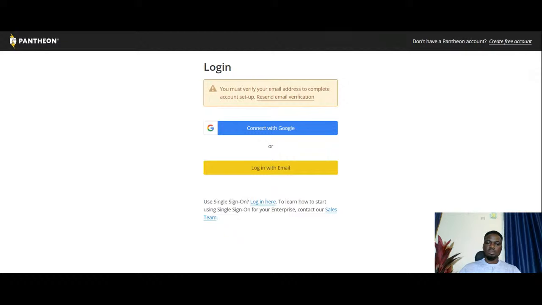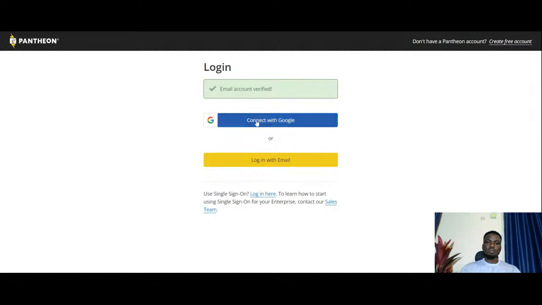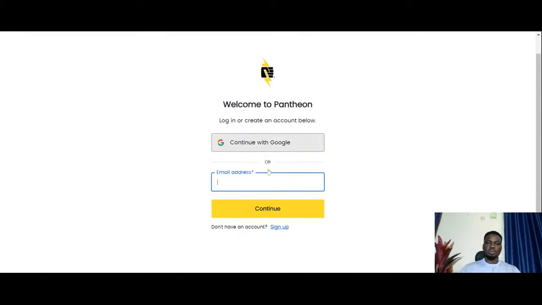Just go to your email inbox, you see the prompt to verify, so go there and verify your email address. So now let me switch my tab. Now it says email account verified. Now I have to log in with my email. Since I've created my account, now I can log in with my email